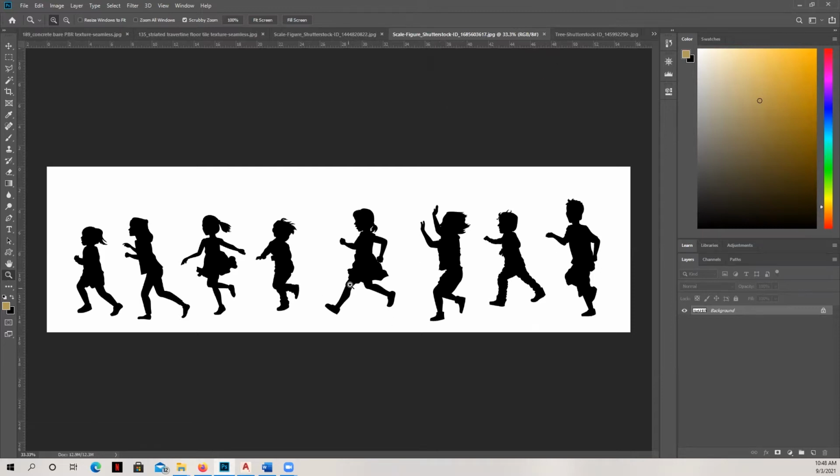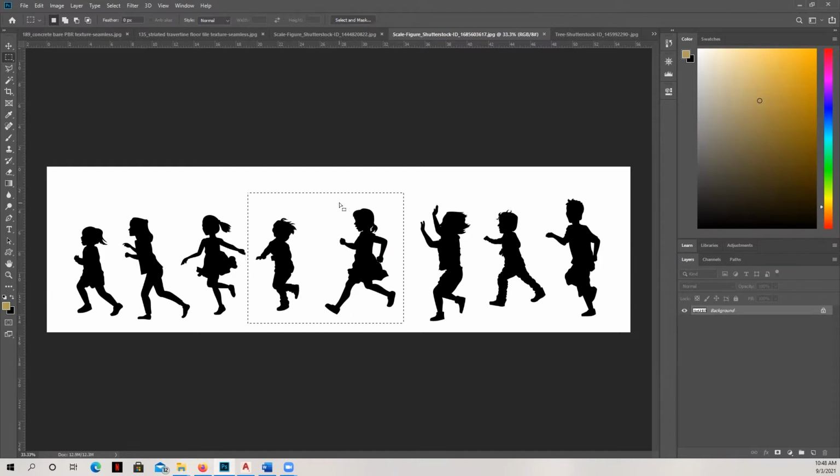Now, the thing that you have to remember with any elements that you're bringing in for entourage or anything within a rendered elevation is that these things are in perspective, right? These are not elevations of children. And so we have to be really, really careful when we bring them in. So what I'm going to do is I'm going to grab these two. And you want to be mindful of your client. So if your client has small children, this would be an appropriate piece of entourage to bring in.